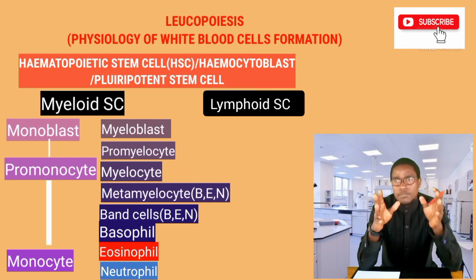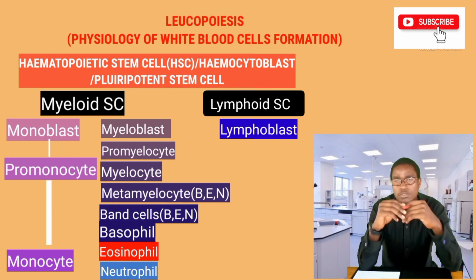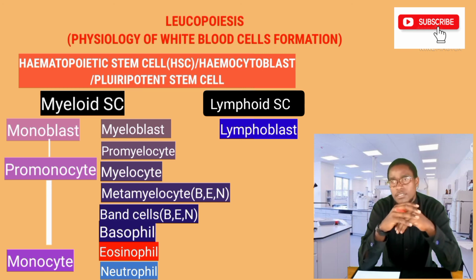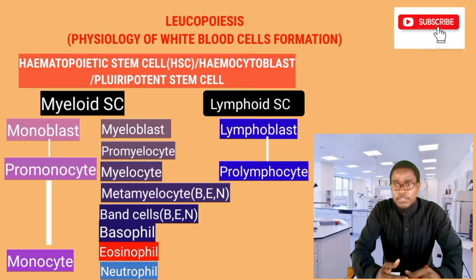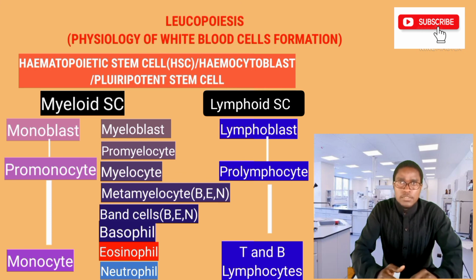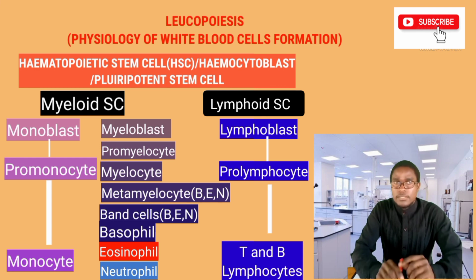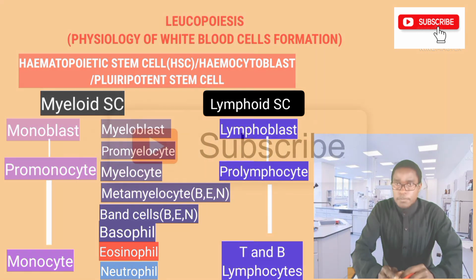So the lymphoid stem cell will develop into a lymphoblast in the presence of agranulocytic colony-stimulating factors and other interleukins, and the lymphoblast will develop into T and B lymphocytes. However, the B lymphocyte may go to the bloodstream directly, unlike the T lymphocyte, which will first be taken to the thymus gland to develop, and then to the